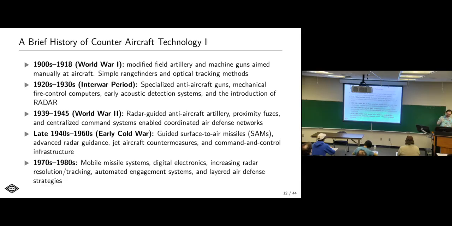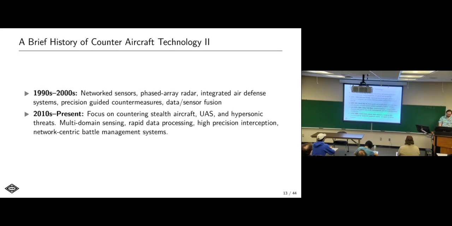70s and 80s, same thing. You get mobile missile systems, increasing digital electronics and radar resolutions, automatic engagement systems. So if something happens, the human is only on the loop, not in the loop, and layered air defense strategies. 2000s, 2010s, more network sensors, new radar techniques like phased array, integrated air defense, and then now you're basically at,